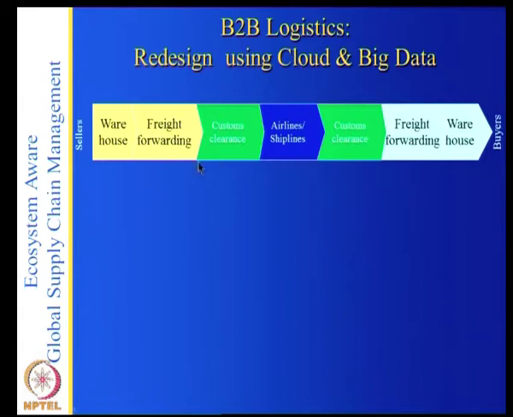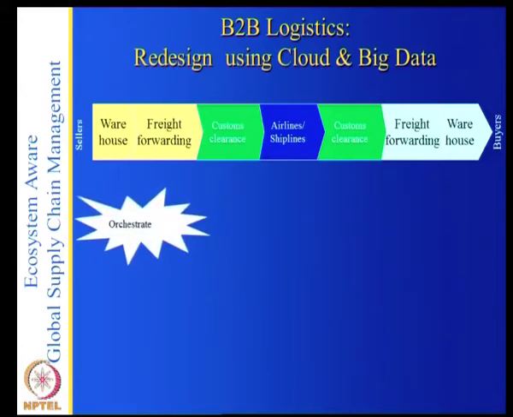Now here, there are several of these players. Now what are their information systems? How are they connected? Each of them has their own information systems, and they're all connected by a communication network. But for example, this warehouse may be using Manhattan Associates warehouse software. This can be Oracle. And the airline shippers may not be using the same, the customs clearance may be using some other software and all that. What happens in that particular case is that the information systems can communicate, but their interfaces become difficult.